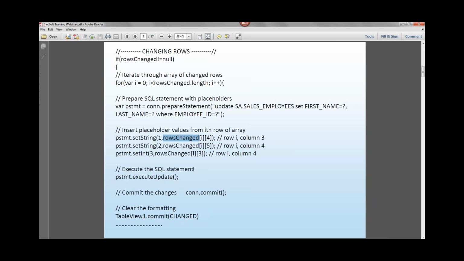I hope that's relatively clear. And then the rest of this is just housekeeping, right? There's a statement to actually execute the command. There's a statement, this is the one that we looked at previously, that just clears the changes. And then there's this other statement here that got misformatted. Con is the database connection, and there's a commit command that basically sends the SQL to the database and finalizes the changes, right? So you've got these two commands, execute update, which basically executes the SQL, and then the commit command finalizes it, as it were. And that's the heart of it.